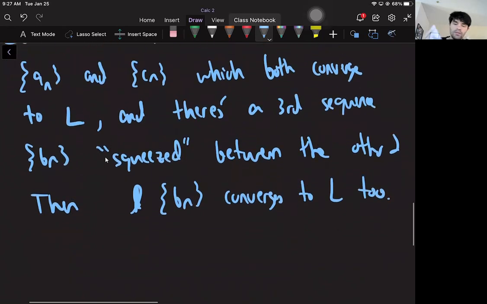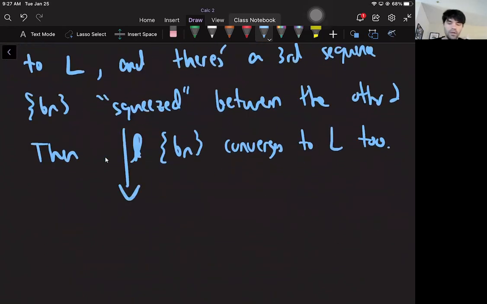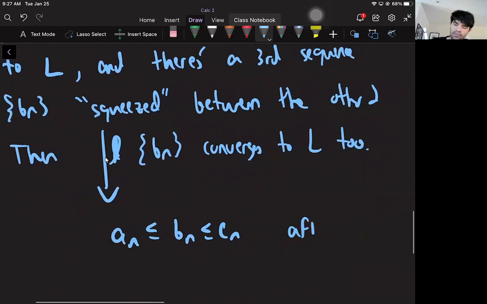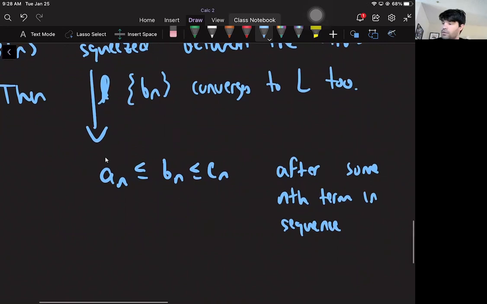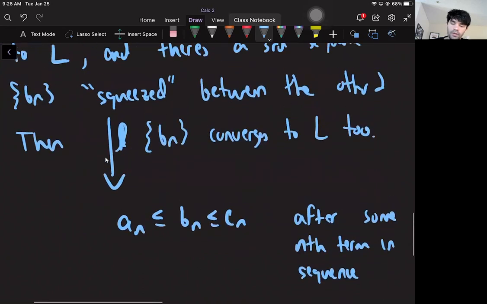Now, what does squeezed mean? It really means that your An and your Cn terms, so not the sequences, you're just looking at specific terms, squeeze Bn, I mean, Bn is between them after some nth term in the sequence. So it doesn't have to always be squeezed between the other two. It just has to be squeezed beyond some point of no return, and then it's always squeezed between the other two, and then this will happen. Okay, so